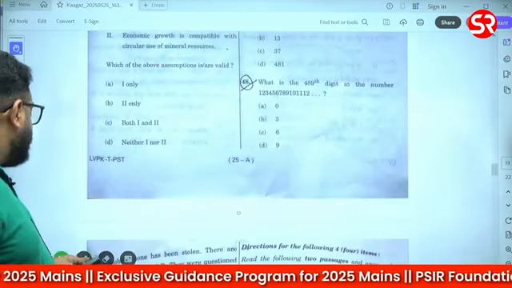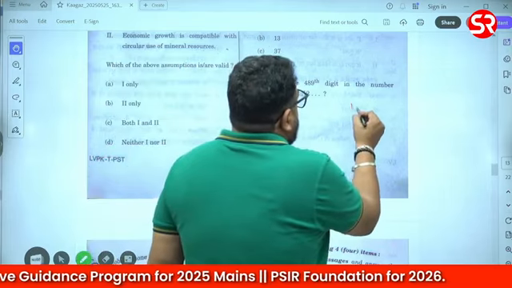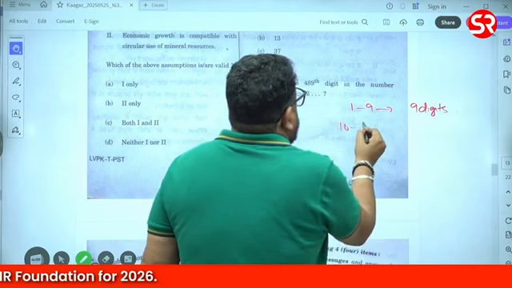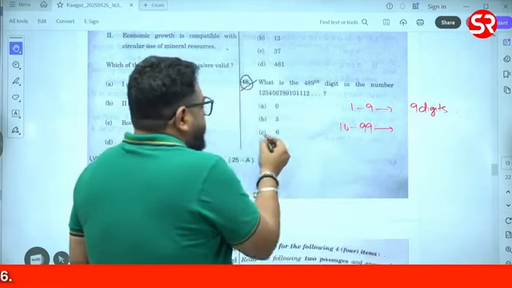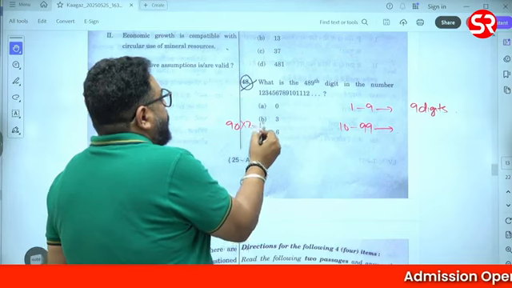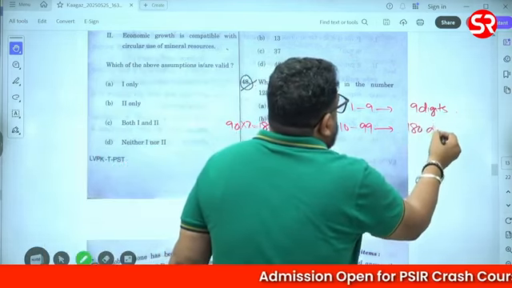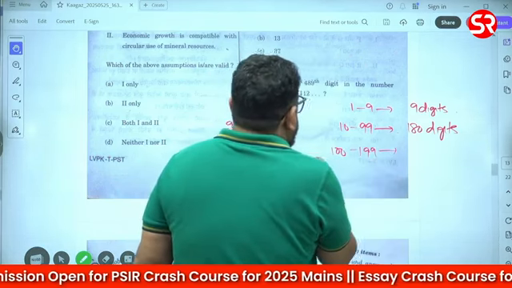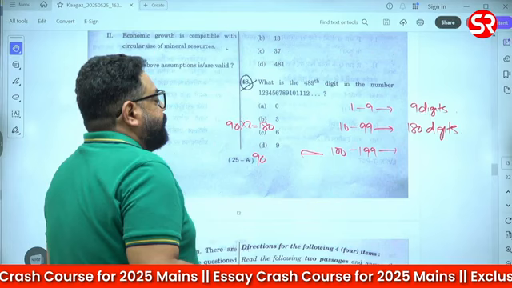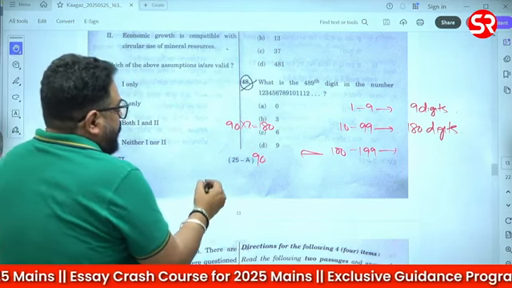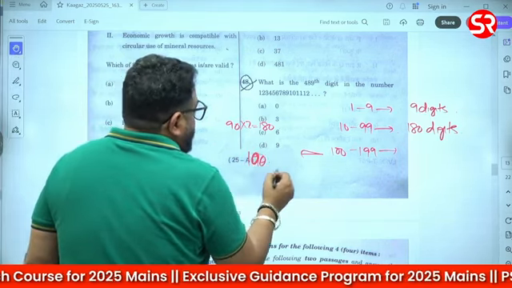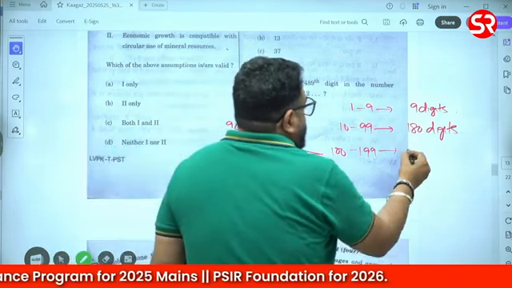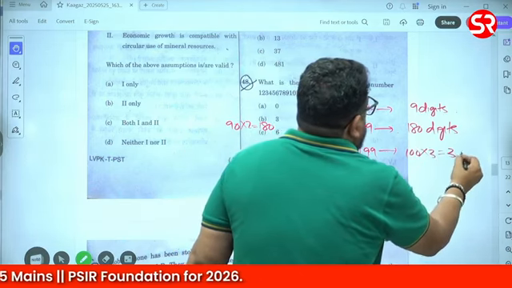Yeah, this is something we have done in the classrooms, number system. 1 to 9, 9 digits. 10 to 99. There are 90 two-digit numbers into 2, 180 digits. I sincerely believe most of you should have done this. And 100 to 199. Again, how many numbers? No, sorry, 100 numbers, guys. 199 minus 100 plus 1, 100 numbers. So 100 into 3, 300 digits. So total